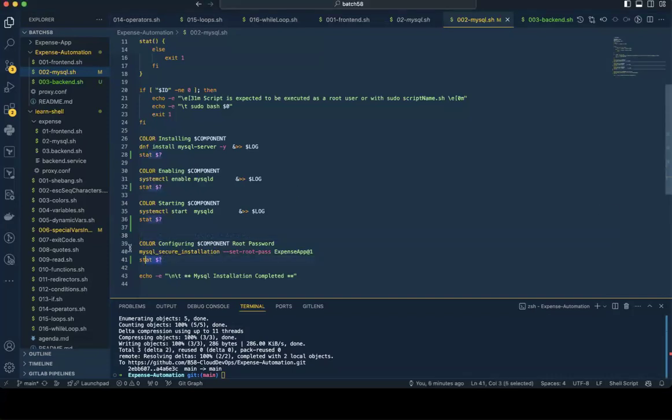First, I want this to be executed only if I'm able to run the commands. That means, how can I validate whether the database password has already been set up or not? So first, I'll try to connect using the password that I'm setting up. If it has already been set up, I don't want to proceed. Can I go with that pattern? Okay, all right. So maybe what I can do is,